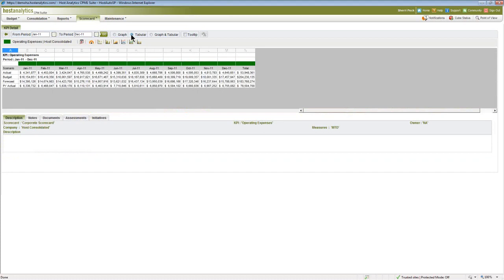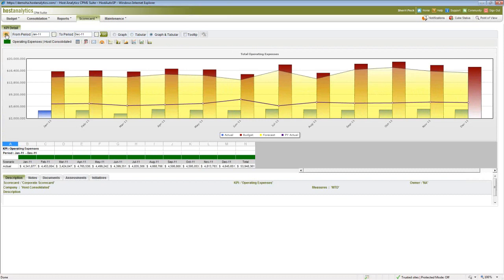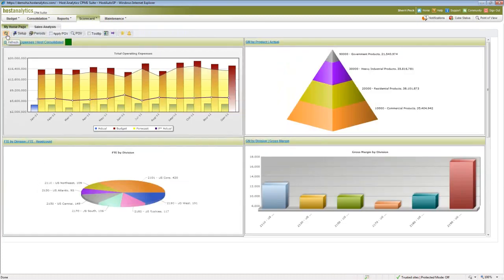If I'm trying to figure out why I have an anomaly, I can look at it in a tabular format. I can combine the two. So it's really quite useful, and again, it's set up so that you can make it useful and efficient for going from day to day in your job.